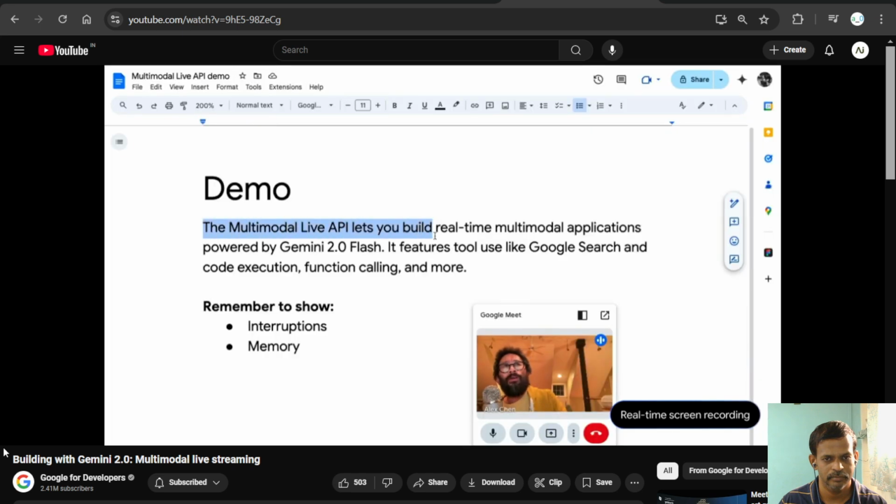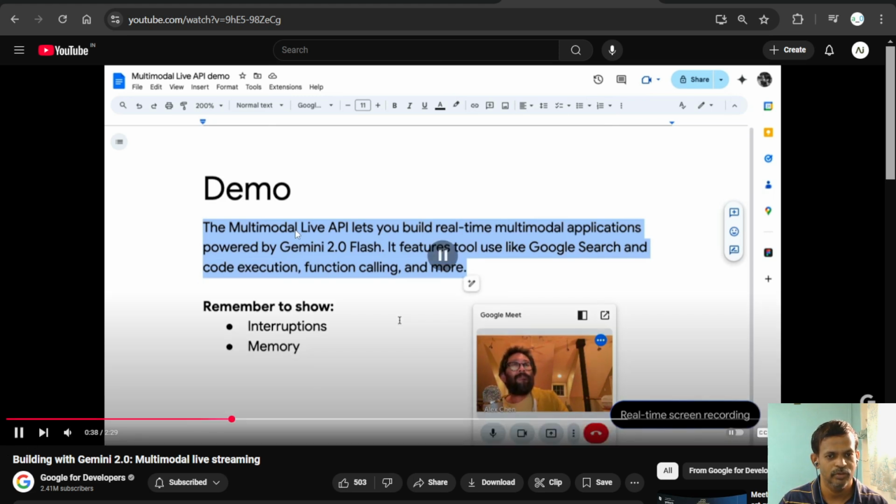Yeah, can you start the demo by just reading the text I highlighted? Sure, I can do that. The text you highlighted reads,